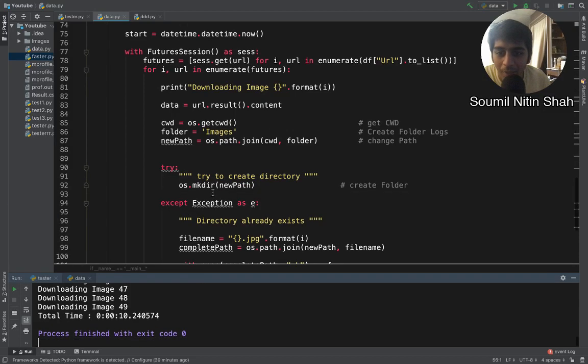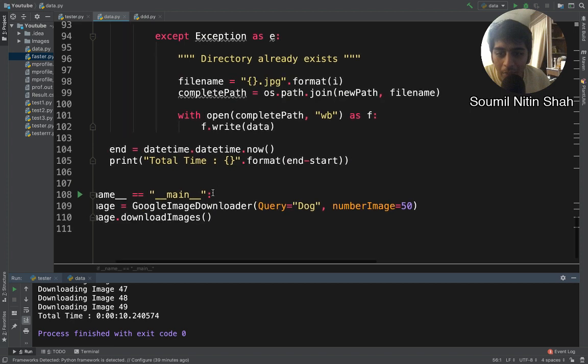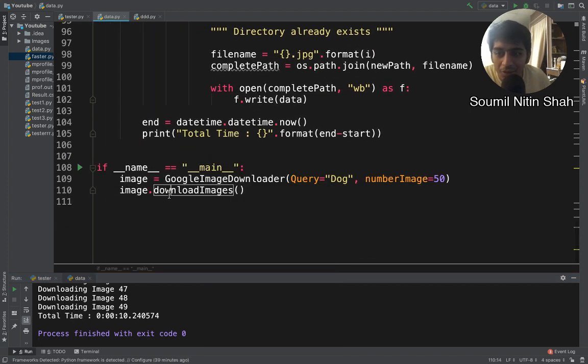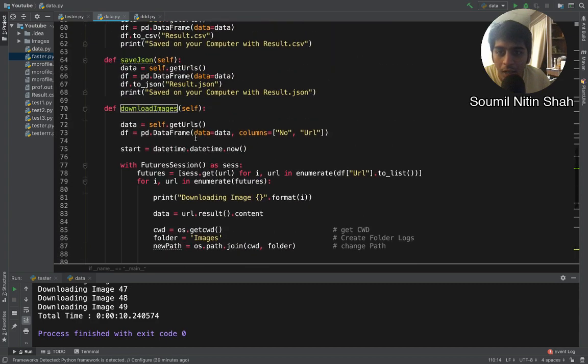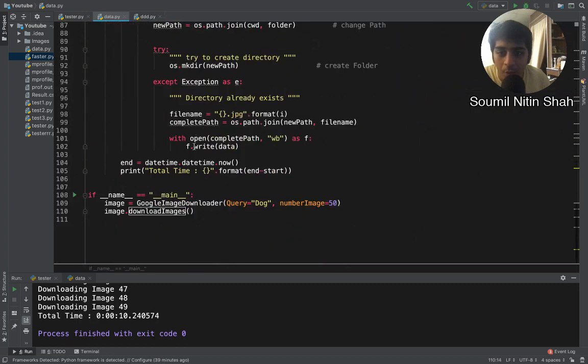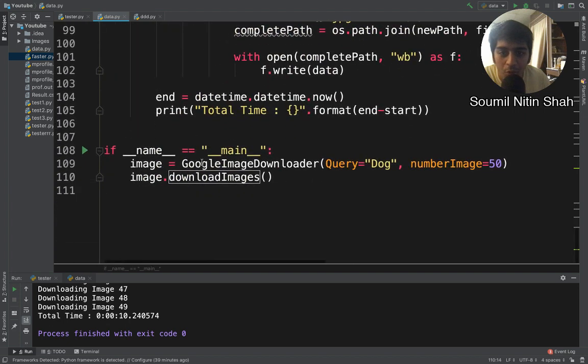In this video, I'm going to be talking about how to download images from Google like a pro using Python, of course. So this is a library that I have been working on, and the library is complete, and this will be officially uploaded on PyPI, so you can use it with just 2 lines of command. By the way, the entire source code is there on my GitHub account, and soon this will be available as